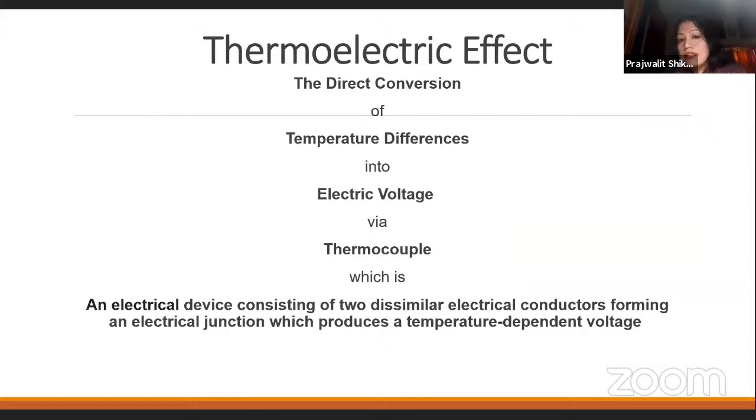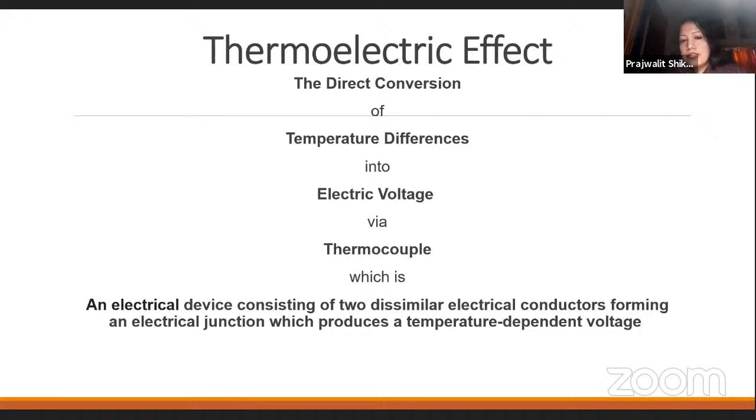What is a thermocouple and what are we going to learn in this experiment? So we are going to learn what is thermoelectric effect, which is the very basis of understanding when we are switching to renewable energy sources. Here also this thermoelectric effect plays a very important role. So in this virtual environment, we are going to learn this in a very easy manner without getting bored,